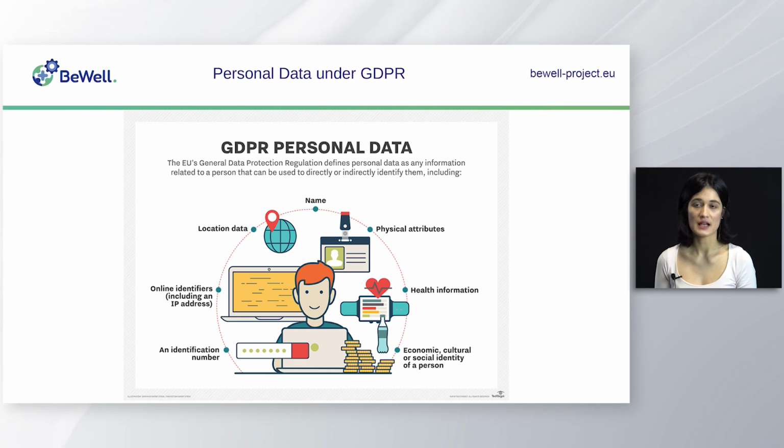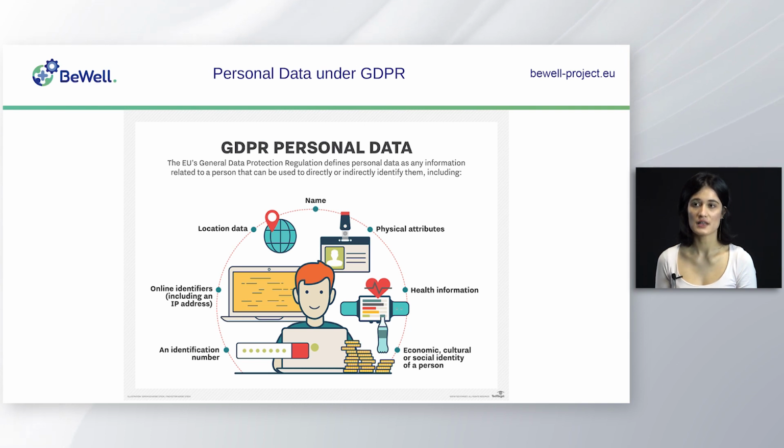Examples of personal data under the GDPR include basic identifiers such as an individual's name, address, email address, phone number, social security number, or government-issued identification numbers, demographic information such as age, gender, date of birth, nationality, and marital status, financial information such as bank account numbers, credit card details, income and financial transactions, online identifiers like IP addresses, cookies,